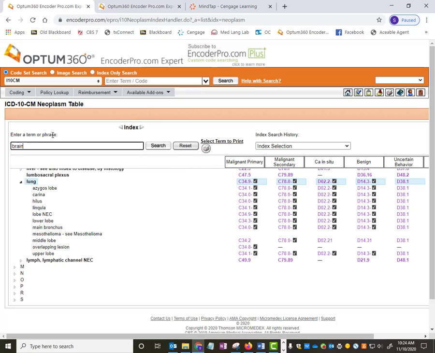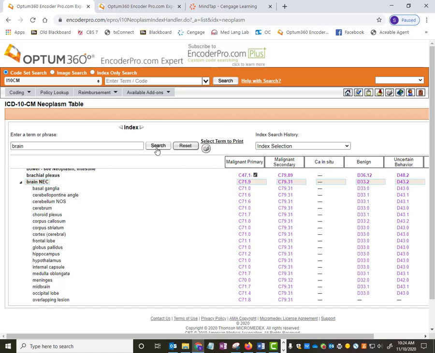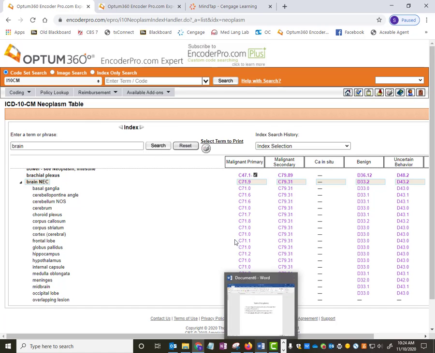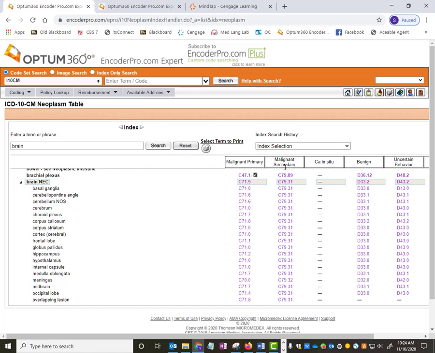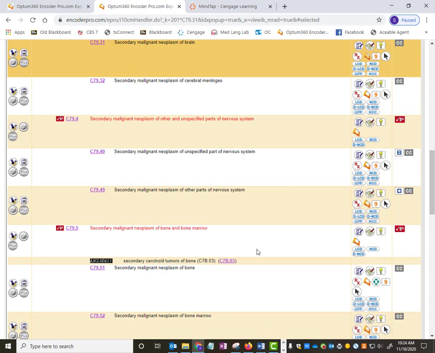So I'm just going to paste brain there. So I'm going to do search. And it's a secondary because the primary was the first code we did. So let's click on malignant secondary